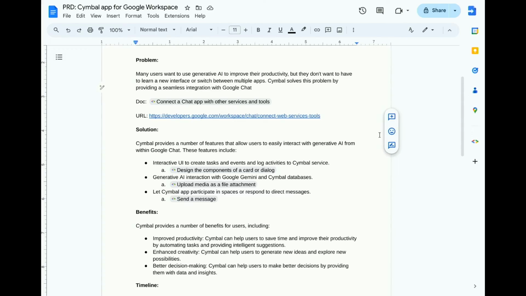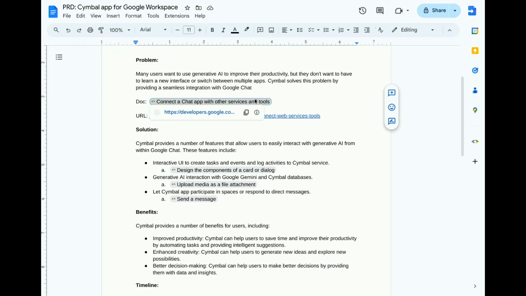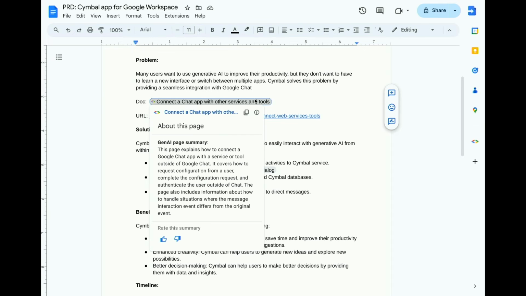If you're unfamiliar, when you drop a link into something like Google Docs, Sheets, or Slides, you can turn that link into a chip, hover over it, and then you'll get a link preview that you can build for any URL that you like. Now here, I've built a link preview for the Google Workspace developer documentation, and what I've done is I have asked Gemini to create a summary of the page so that our users, when they have a link in this page, can get the gist of information that they need without leaving the context of the